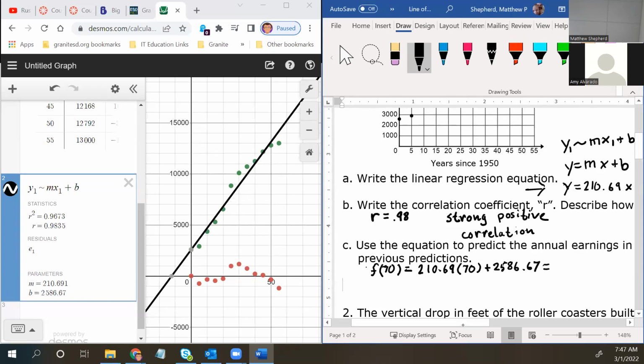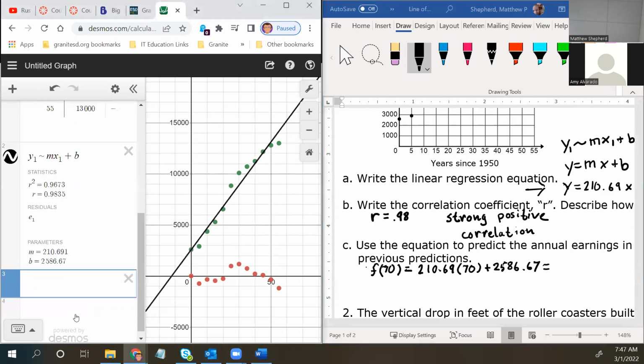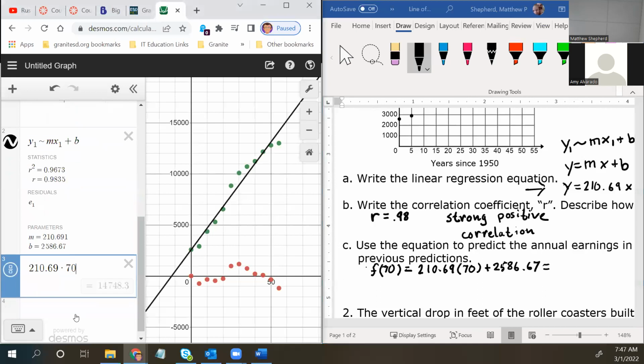All right, now that I've got that equation written out, I'm just going to use Desmos to calculate it. So that would be 17,334.97. So about